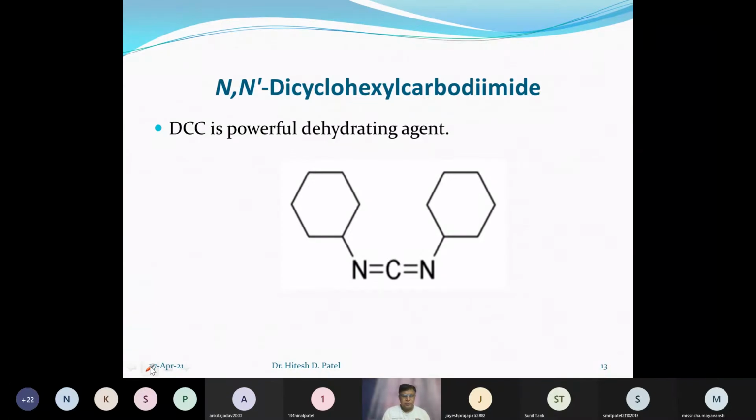DCC, its name is N,N-dicyclohexyl carbodiimide. Dicyclo means this ring. This ring is known as a cyclohexane ring, and imide ring. This imide group means C double bond N, but two imide groups. That's why it is diimide. So dicyclohexyl